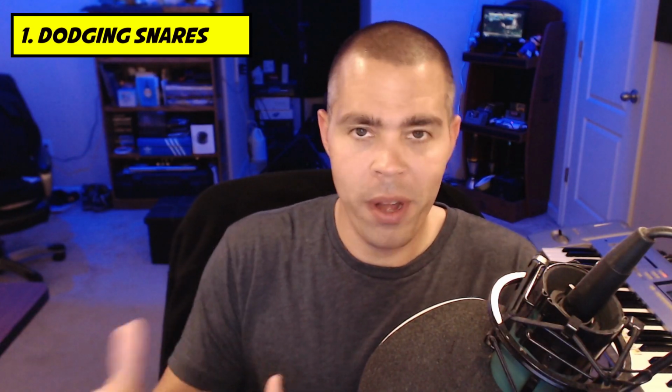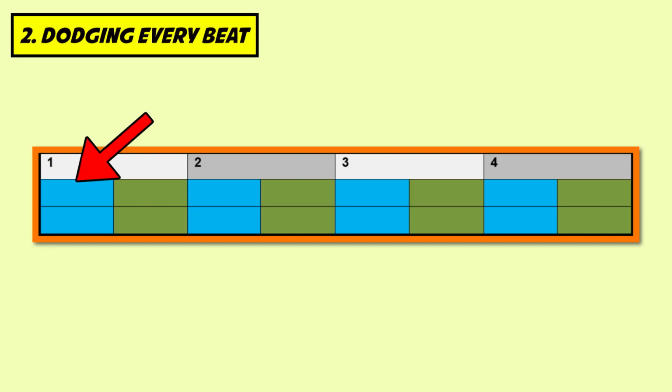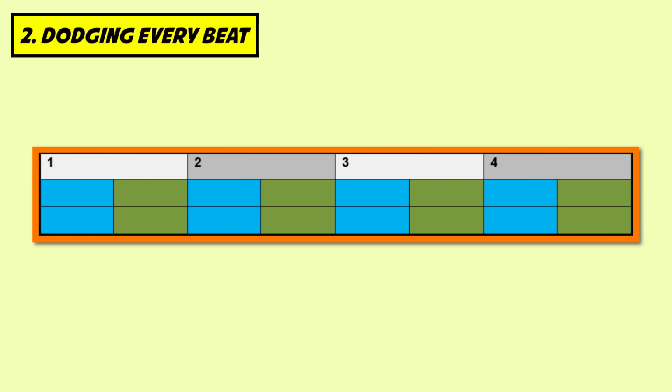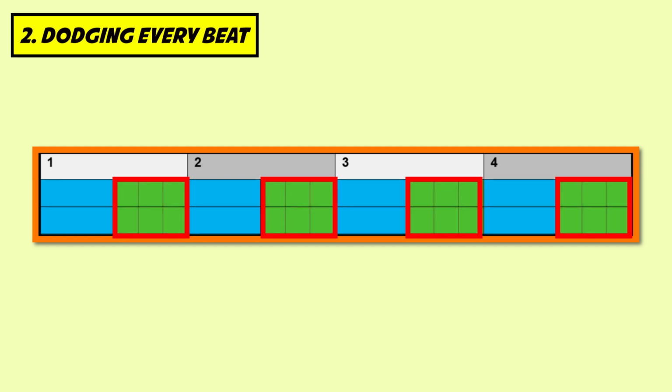Okay, now let's build upon that. I just dodged 2 beats. Now I'm about to dodge all the beats. In this example, I'll pause for the first half of each beat and fill in the second half of the beat with triplet eighth notes. A triplet note is when you take a standard rhythmic music note, like in this case an eighth note, and divide it into 3 even pieces, which are called triplets.